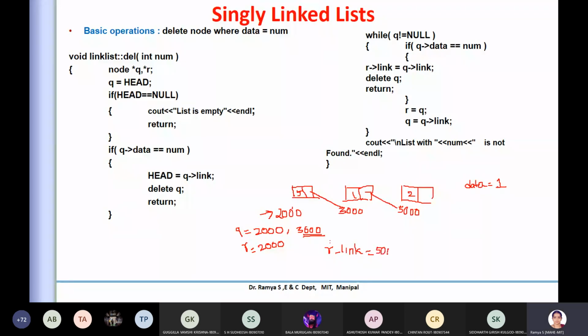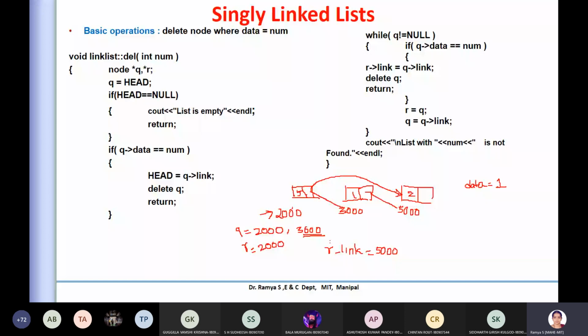Are you able to get it? So basically you are trying to map to this. Initially, when I say R is pointing to 2000, its link was nothing but 3000, this part. Now I'm going to delete this and point it to the other one. So R link is pointed to the Q link, that is nothing but 5000.